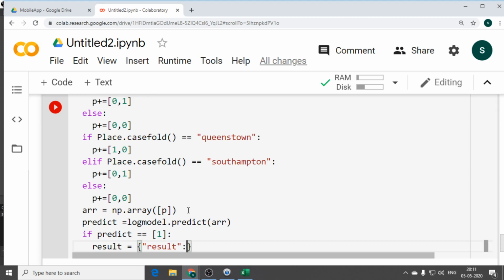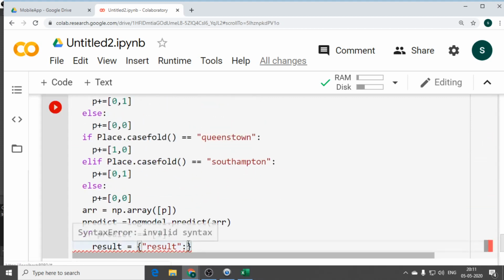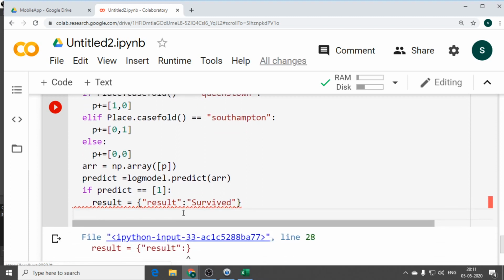Result is, just a minute, it's going with a type error, don't worry about that. Result is survived. Because if you are getting prediction as 1, what should the result give you?